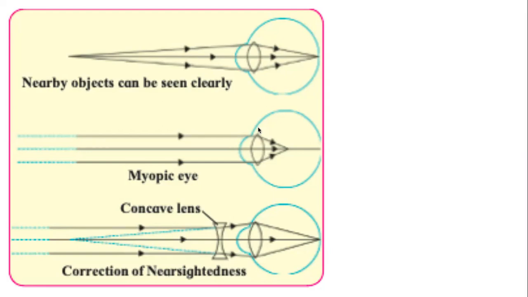And that can be corrected by a concave lens. Concave lens. और जो चश्मा पहनते हैं, बच्चे हो या आपके घर के आसपास जो भी हो, घर में भी कोई पहनते हो, अगर आप फिर वो डॉक्टर का स्लिप देखोगे तो यहाँ पर उसमें लिखा होगा, अगर आपको दूर की चीजें देखने में प्रॉब्लम हो रही है तो उस चश्मे का पावर लिखा होगा नेगेटिव में. Why? Because the focal length of the concave lens is negative.